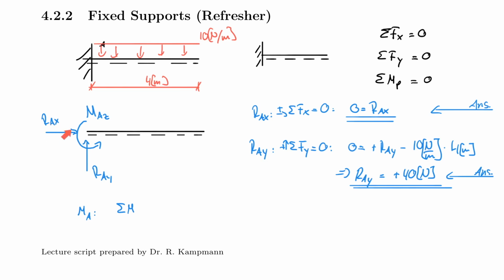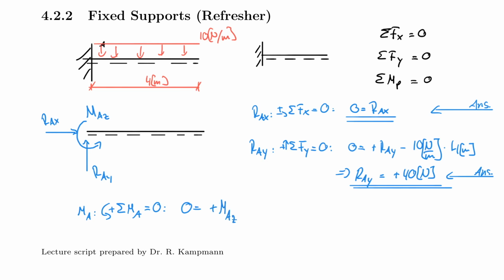And actually also not RAX. If I were to take about, let's say, this point, then I would have to include this and this. And I want to avoid that, so I take the sum of the moments about point A. So let's go ahead and do that and say that is equal to 0, counterclockwise positive, and 0 is equal to, and I start with my unknown as always, MAZ. I assumed it here to turn counterclockwise. That makes it positive according to my definition. So plus